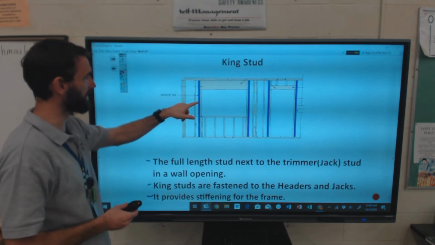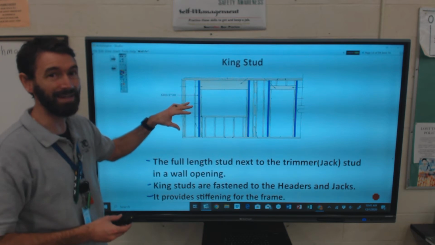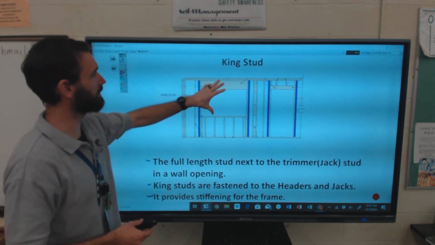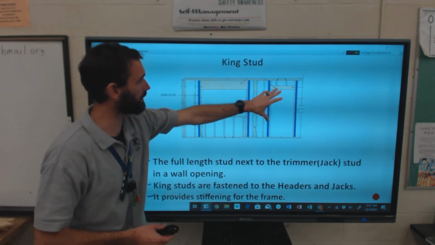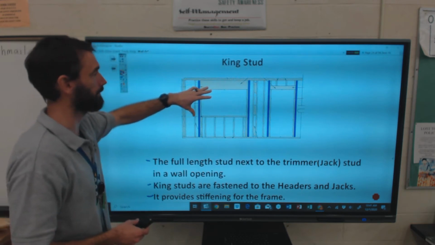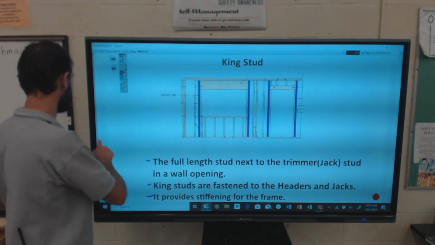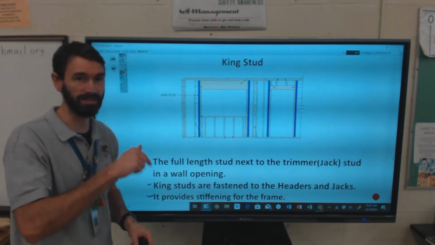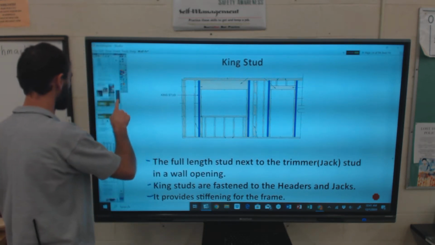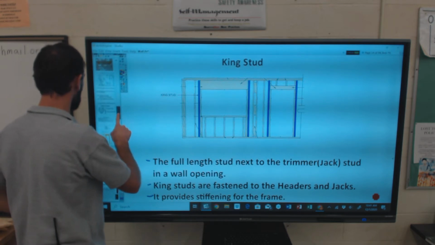And again, you're going to have king studs and jack studs on any, whether it's a door opening or even window openings. Okay, you have your header, jacks, and kings. Okay, so this is the last component we're going to talk about today. I'm going to jump ahead into the slides and